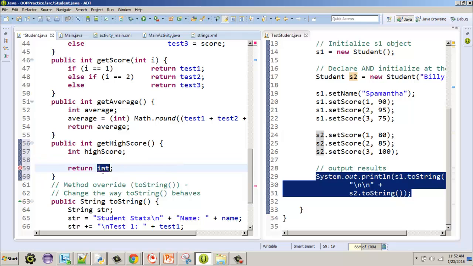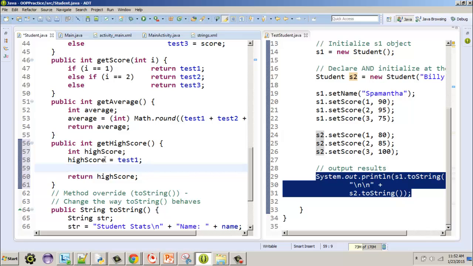Excuse me, I did the wrong variable. Although I think if you initialize it, it may still not like it, because we never set the value of high score. All right, so anyway, here's what we're going to do. We're going to set high score to the value of test 1. So we're just going to assume it's test 1, and then all we have to do is compare test 1 to test 2. So if test 2